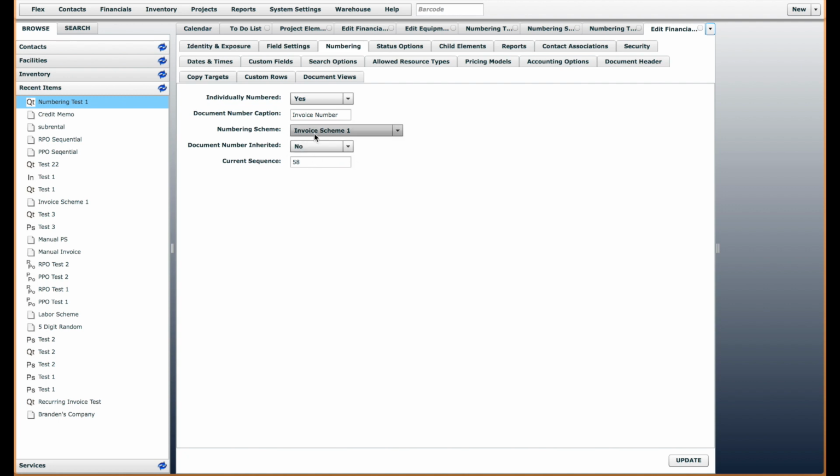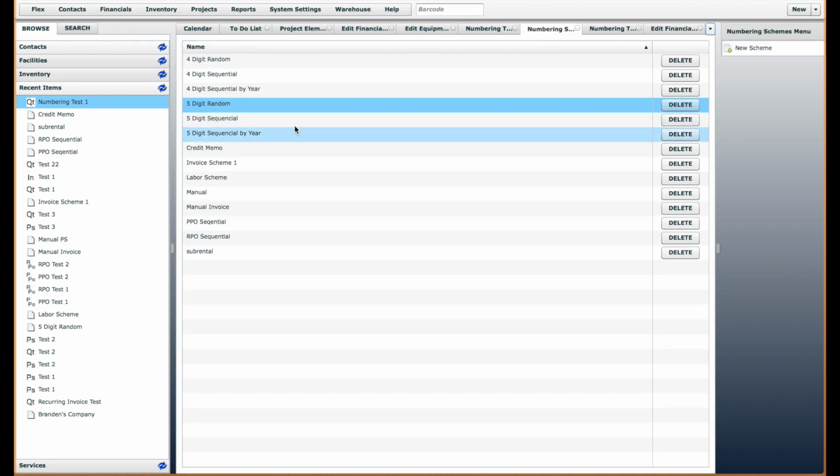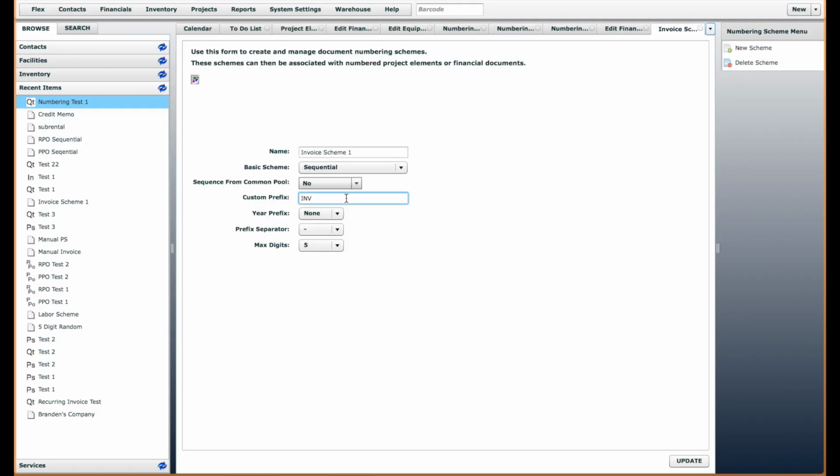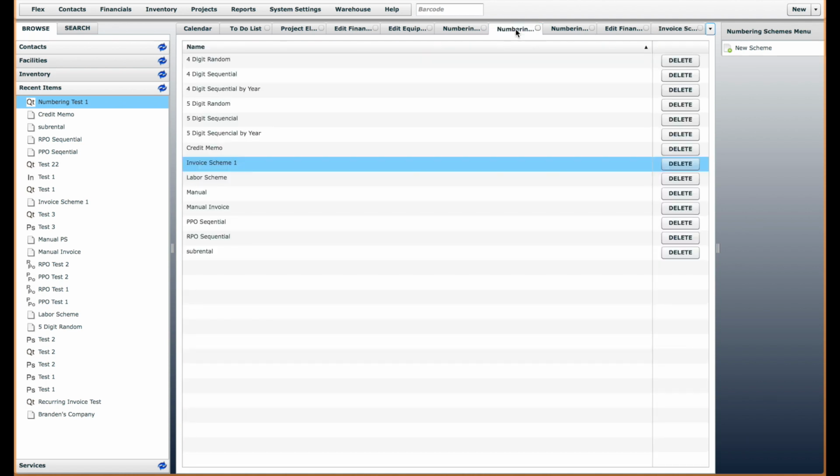But right now let's look at the numbering scheme that the invoice is using. It's Invoice Scheme 1. So let's go back to our numbering schemes and look at Invoice Scheme 1. And right now, even though we would create an invoice as a child to the quote, it would still take on the attributes of Invoice Scheme 1. So it's only going to be sequential. We're not going to deal with a year here. It's going to have a custom prefix of INV, then a dash, and then 5 digits. So if we go back to the quote,